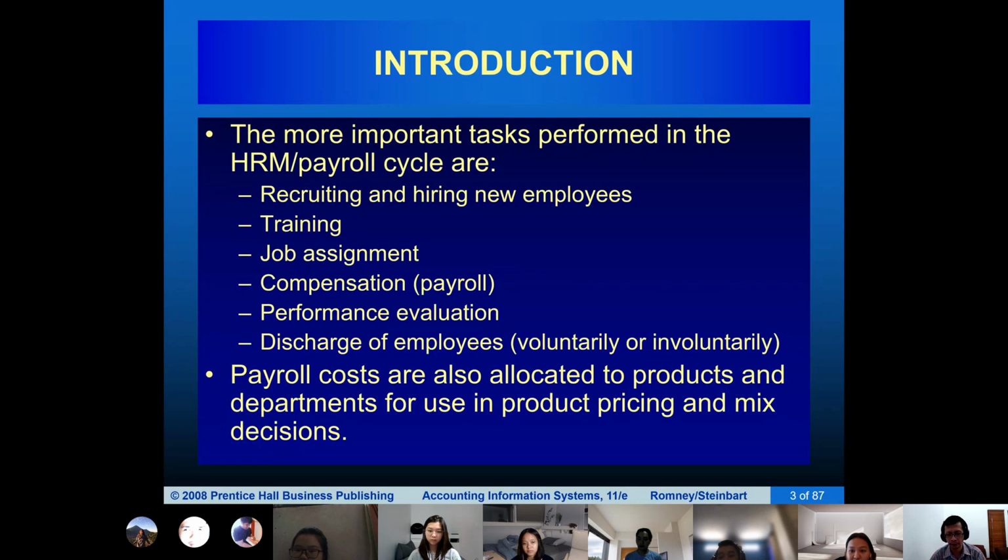Okay, like I said, don't be tempted by salary. And then at the end, we need to discharge the employee either voluntarily or involuntarily. You might resign from your position to find another job.